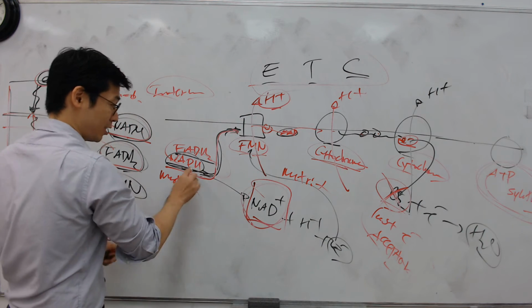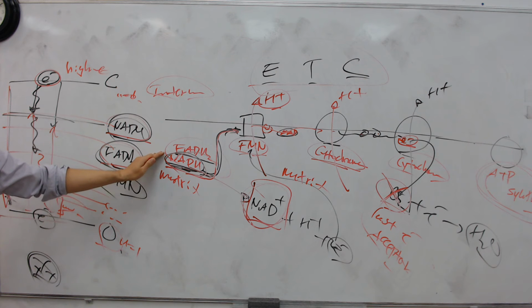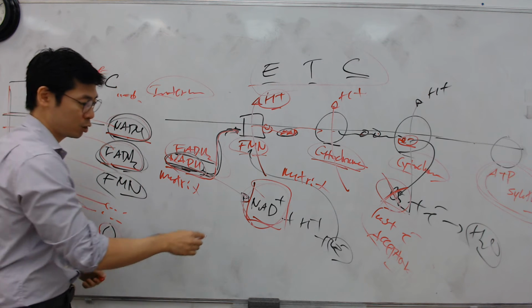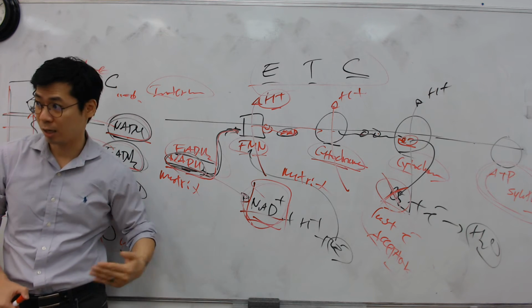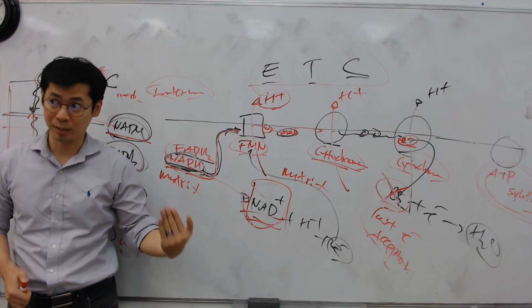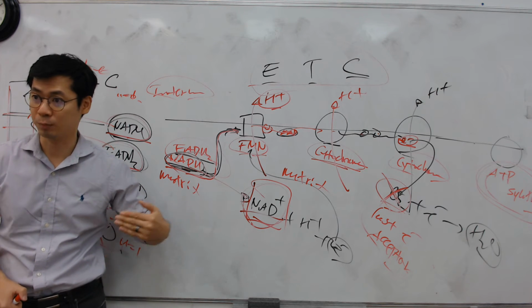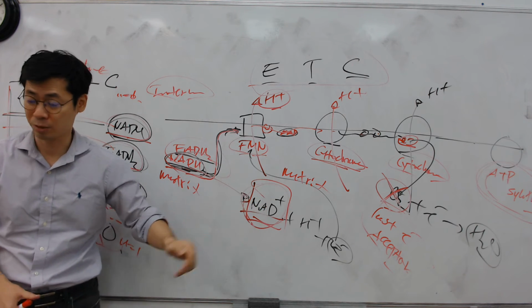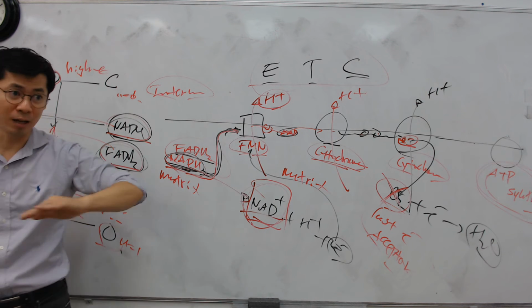This process will not occur, which means everything is held up as NADH. If you do not have NAD+, what happens, guys? You are not able to run glycolysis. Glycolysis will not occur. Again, glycolysis is an oxidation process. It requires the reduction of NAD+ to NADH. We talked about this. So without this, what happens? They can't even run glycolysis.